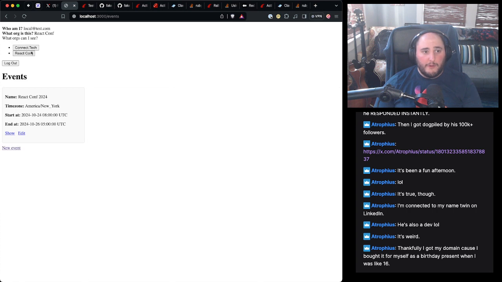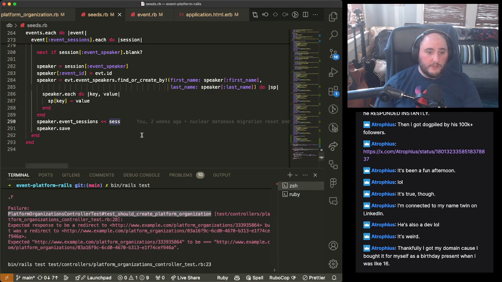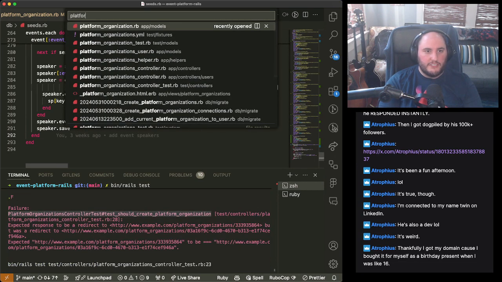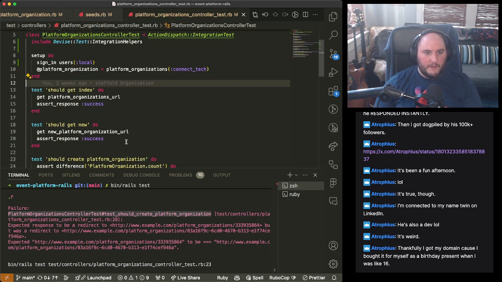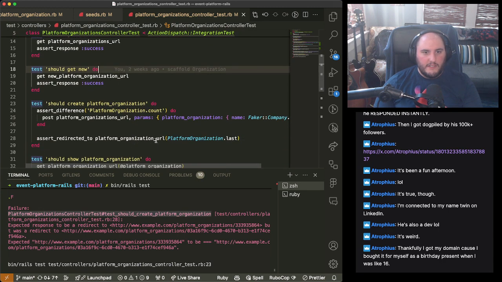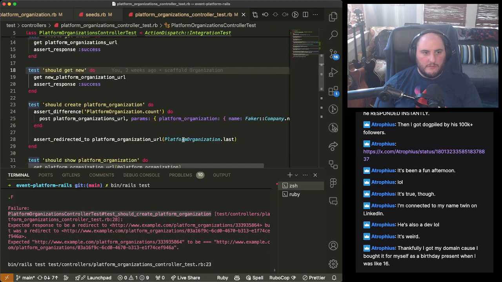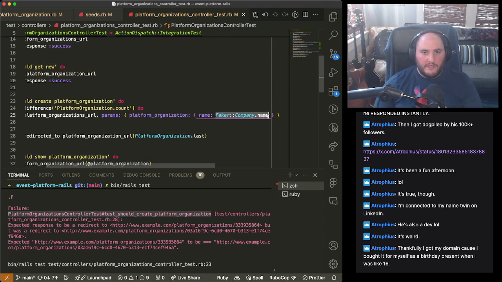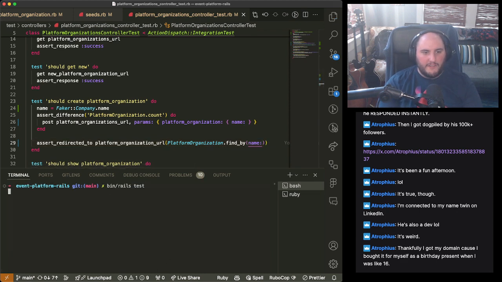So we're good through here. We can see events, we can create events. Everything's organized. We need to fix this one test real quick. So platform organization controller test. This one is mad on the create platform organization. And it's mad because this is assuming that it can just grab the last one, but that's not true. So what we need to do is set name to this, and then we can just do a find by name like that. And assuming that's all good,